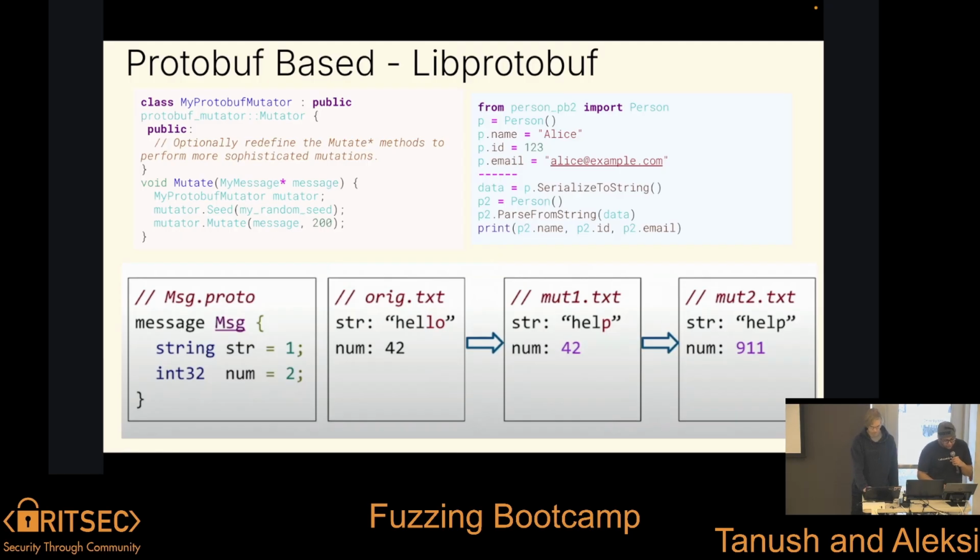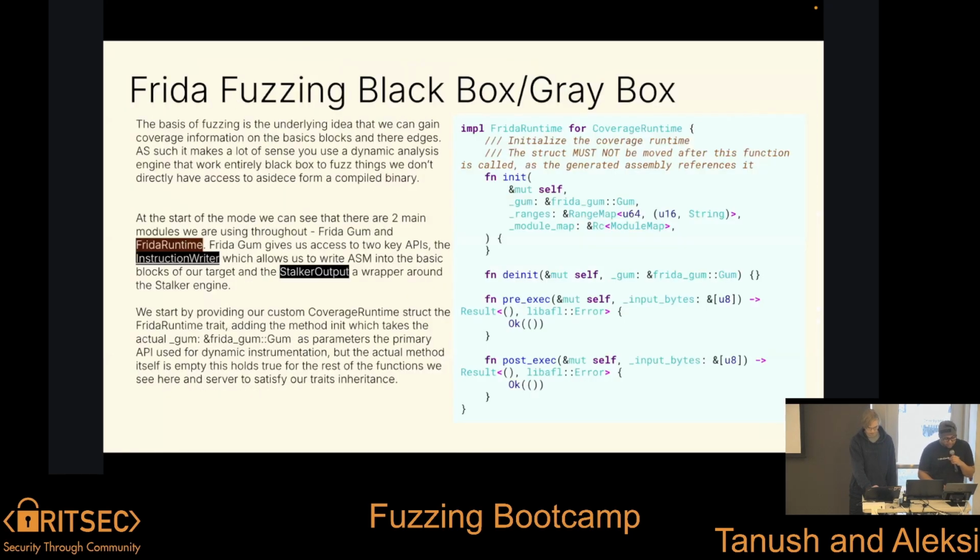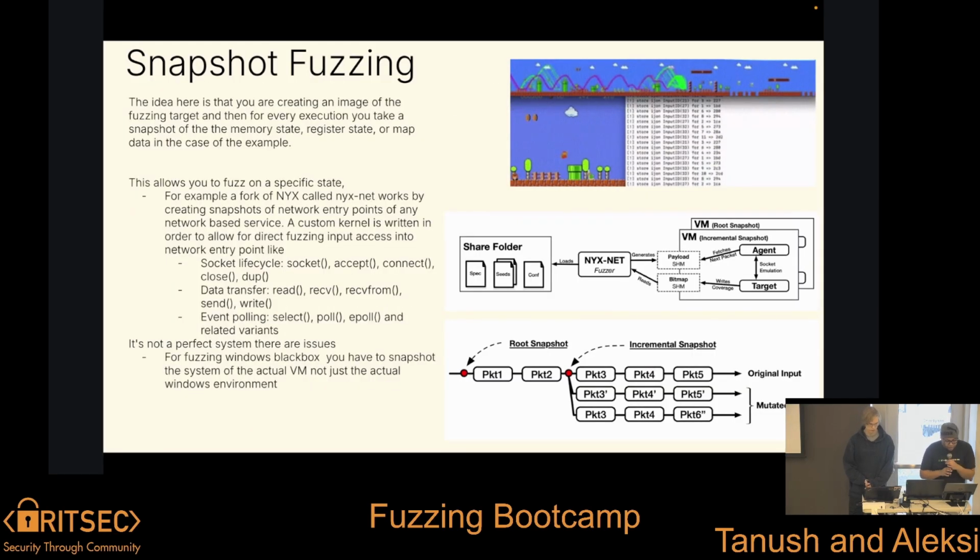But yeah, snapshot fuzzing. This is okay. You can go over these two things really quick. This is another form of really advanced fuzzing, and we were talking about it at the start when we were talking about writing our own custom executors. So the idea is that you're essentially now writing an executor to create a snapshot of a virtual machine. When you take a snapshot of a virtual machine, it's the same idea here.